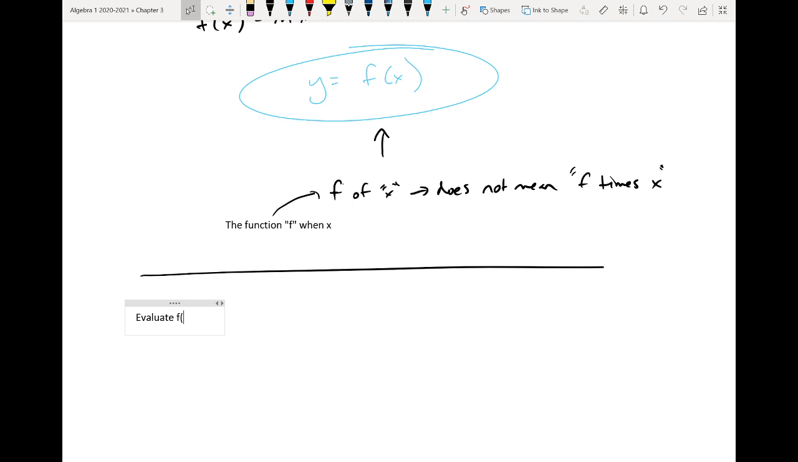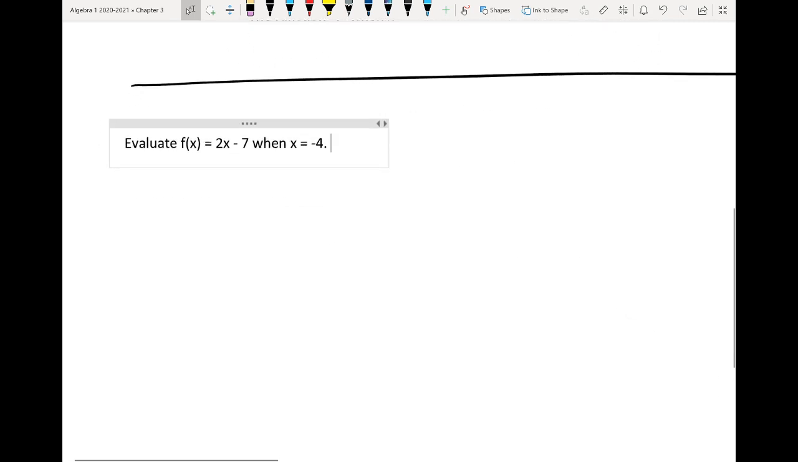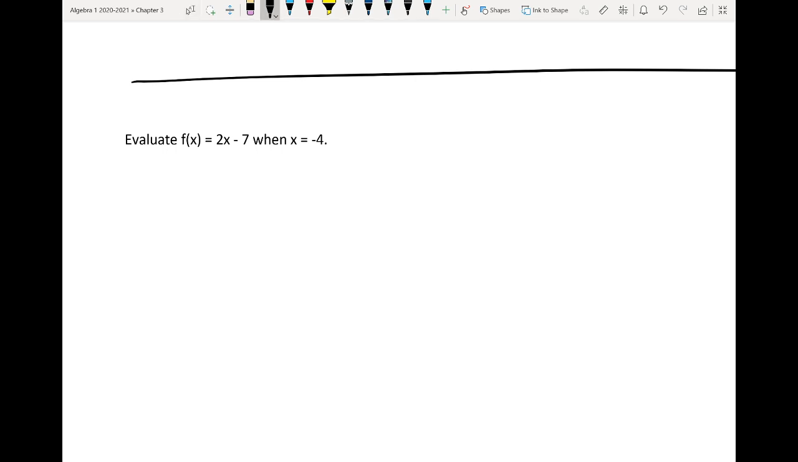We're going to evaluate f of x when the equation is 2x minus 7 and x is equal to negative 4. The way we do this is we substitute in for x. Every time that we have x, we are going to substitute in negative 4. So rewriting this whole guy, 2 times, again, negative 4. And when I replace something, I put it in parentheses. So minus 7. So the f of negative 4,